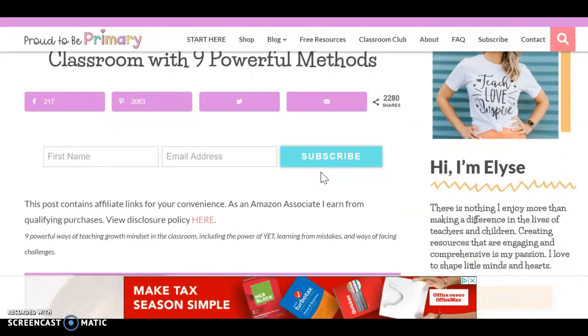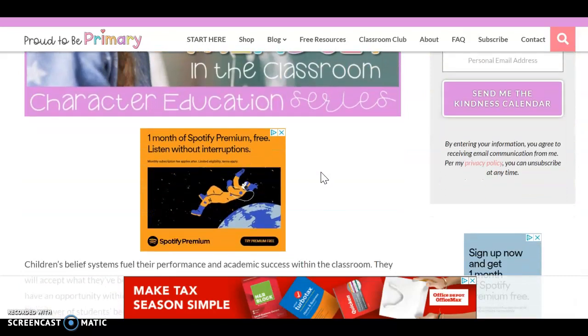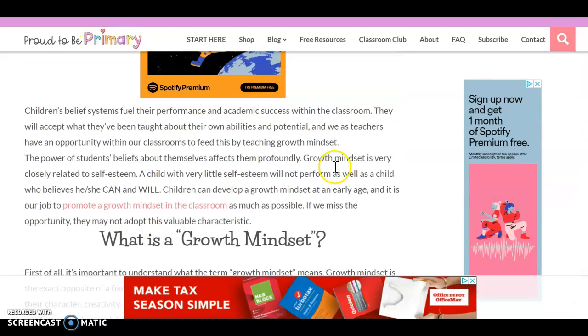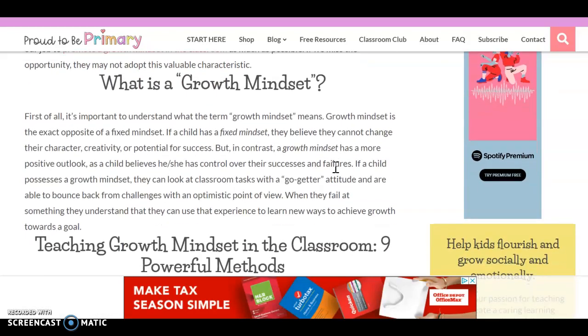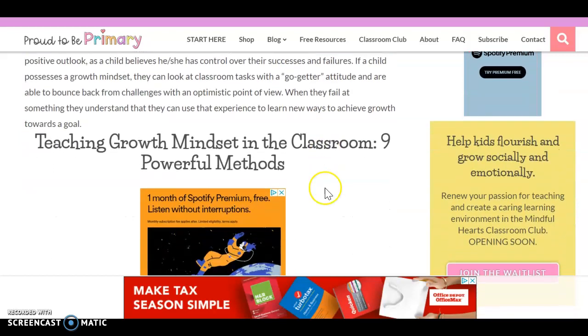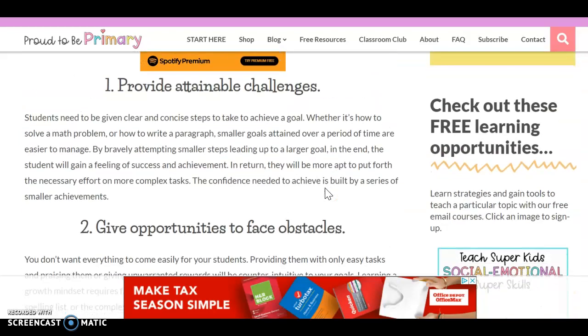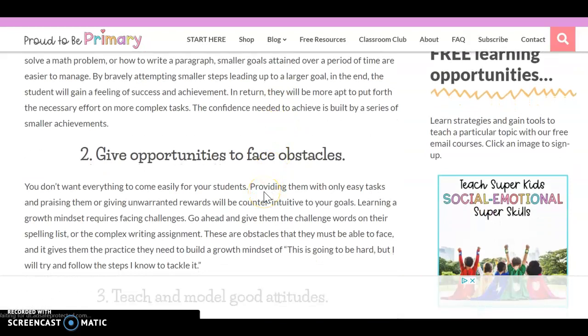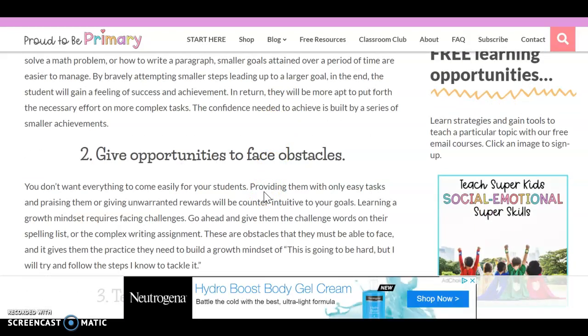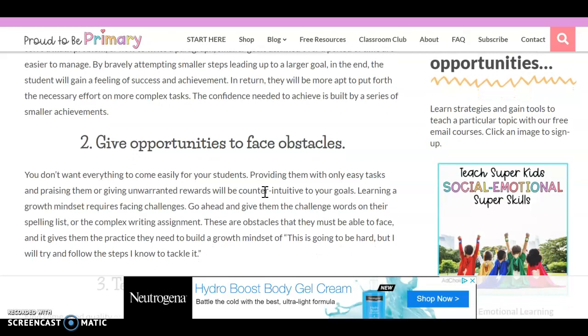Kind of going back with this whole setting expectations of 9.1, I found this teaching growth mindset in the classroom, which also comes from Proud to Be Primary. I think growth mindset is a really important thing. She talks about what growth mindset is and how we can use it in the classroom. So making challenges and having kids face obstacles, because if they don't face obstacles, they're never going to have